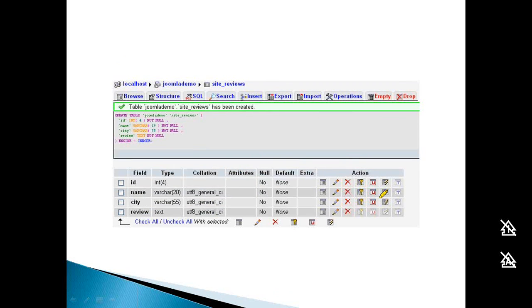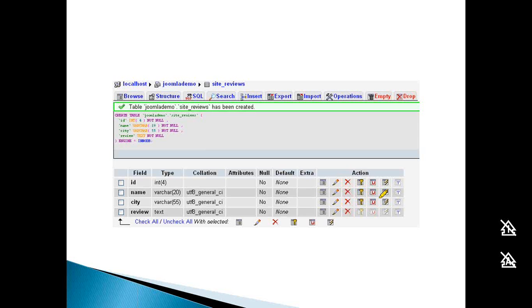Once the table is created, for demonstration purposes, I'm adding records directly into the database table so that we can see them in the front panel. In an actual production environment, you shouldn't add your records directly into the database table. There should be a component where you can add records from the backend, and these records can be seen with the help of a module in the front panel. For example, banners could be added using a component in the backend, and using a module, they can be seen somewhere on the website.